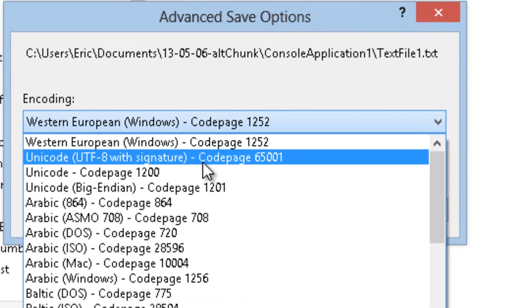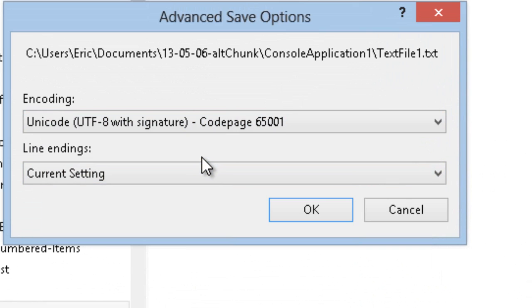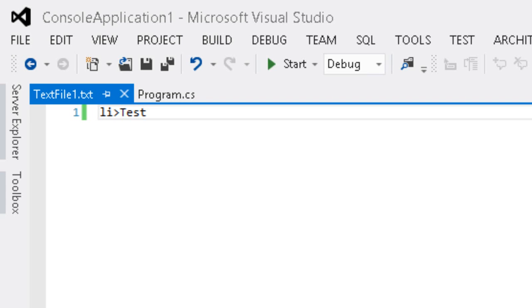Now, one thing is that all Open XML documents are always encoded in UTF-8. The main document parts are encoded in UTF-8, and all chunk pages are encoded in UTF-8. There may be places where you can use other encodings. I don't know, but I do know that encoding with UTF-8 works everywhere. So let's save that, and it did, in fact, save it. Now we've saved it as a text file